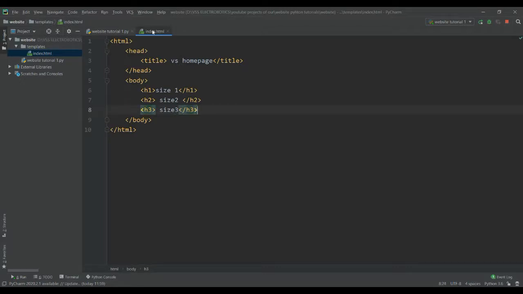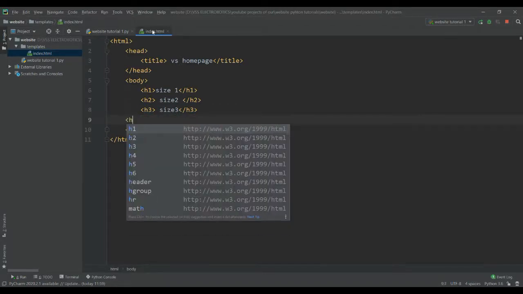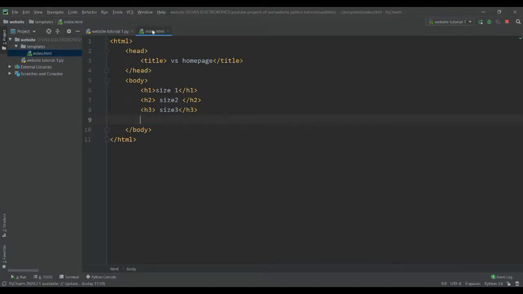And we will go to the last tag, h6, size 6.